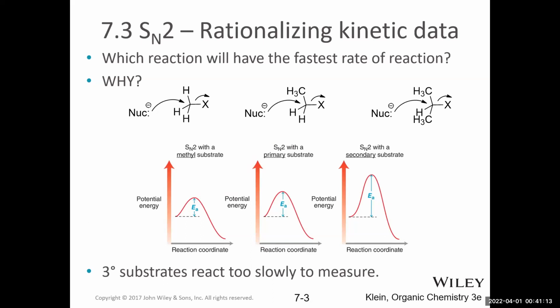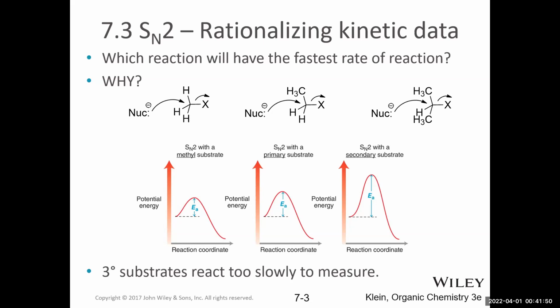Okay, so this is another visual to show you that as you increase substitution or steric hindrance at the alpha carbon, the transition state energy goes up because the nucleophile is going to run into this electron group and it will repel it, right? So that will raise the energy of the transition state. So we'll see that they stopped here with the secondary substrate because past that, the activation energy would be too high and the reaction has just so slow of a rate that it does not occur.